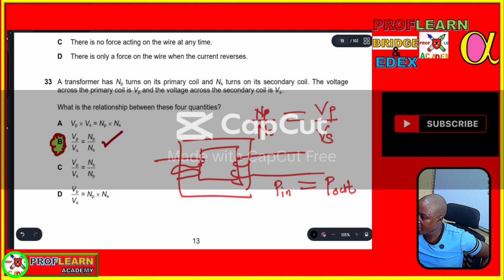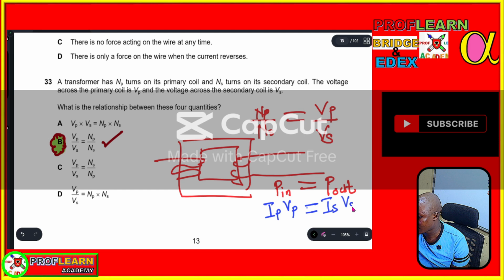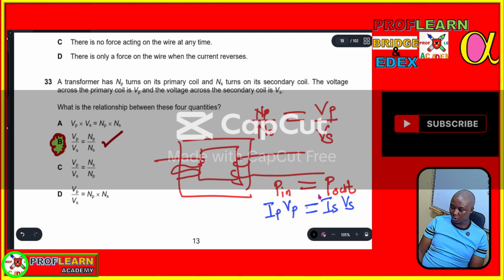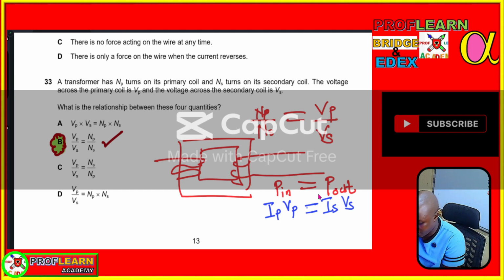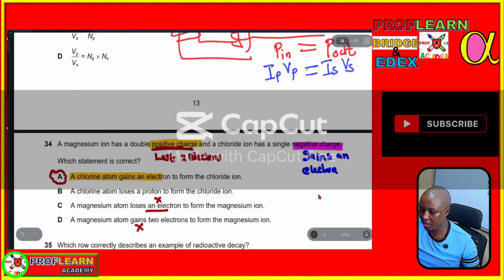Which will mean another formula you may be asked in this exam: current in the primary coil times voltage in the primary coil is equal to current in the secondary coil times voltage in the secondary coil. So you also need to remember this formula, so in the event a question is asked from here,